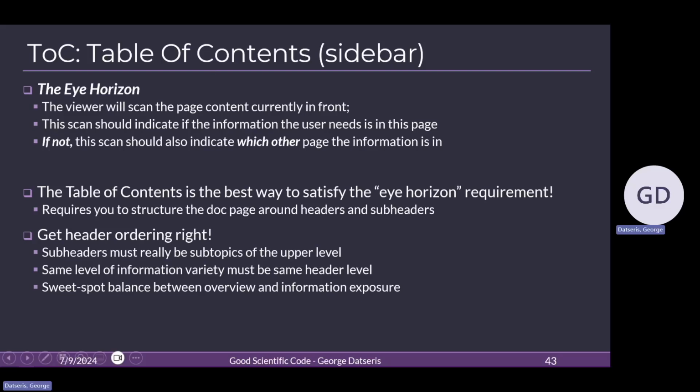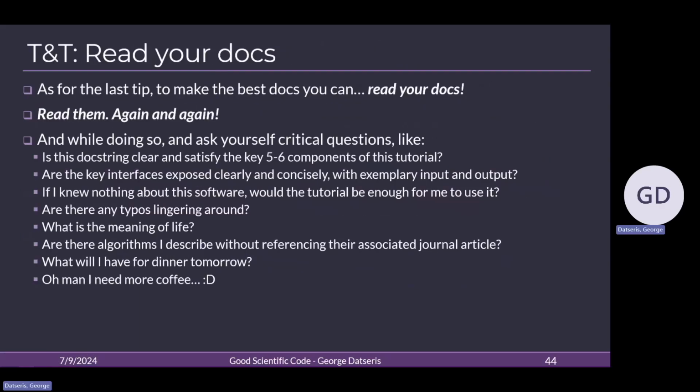And the last tip and trick, I think, is read it. You should be the most frequent reader of your own documentation, because that's the main way you improve your documentation, by reading it yourself and seeing where it's crap and when it's not crap. That's how I write documentation. Primarily, I read my documentation. I don't write it. And that is really my advice for you. Read it again and again and again, and be very critical of yourselves. I have a couple of questions you can ask yourselves here for the docs.